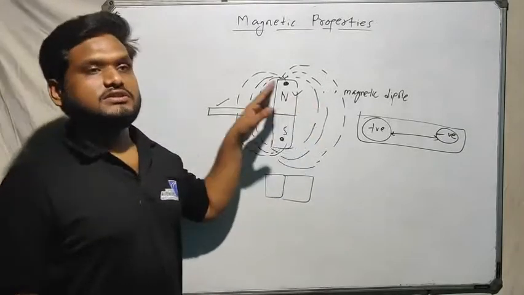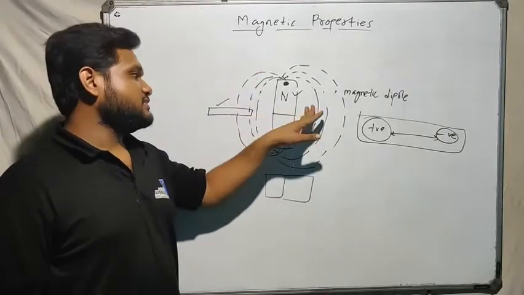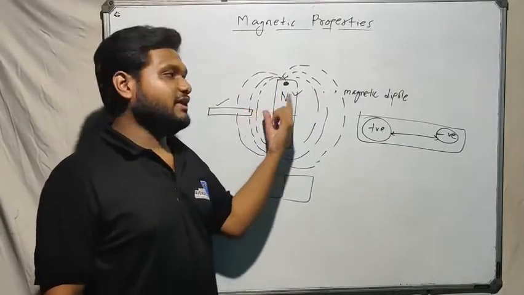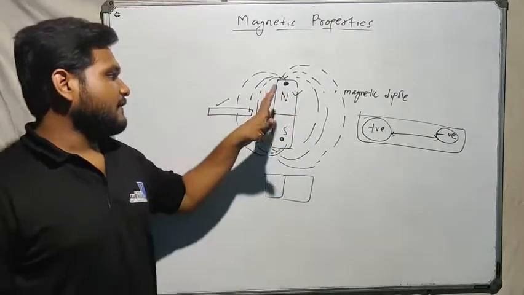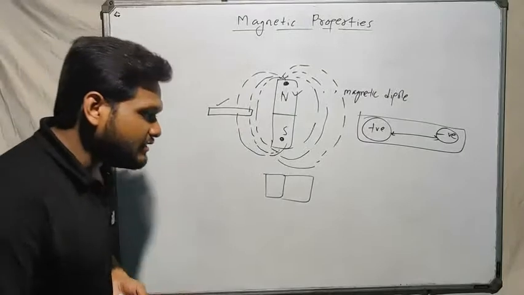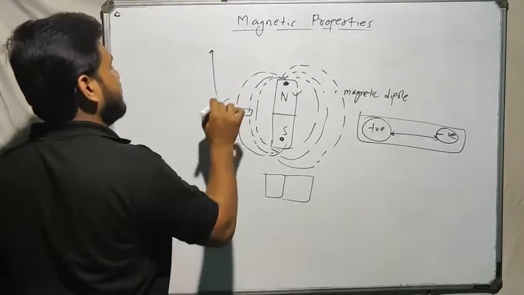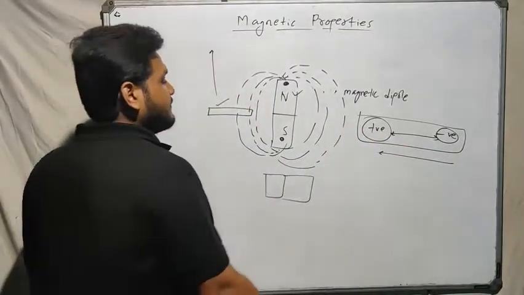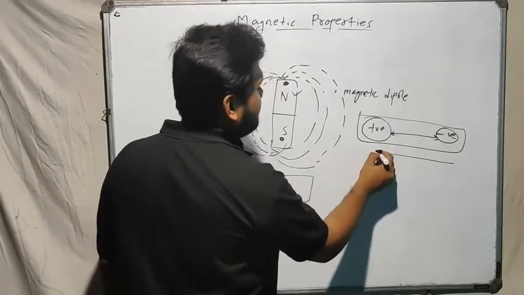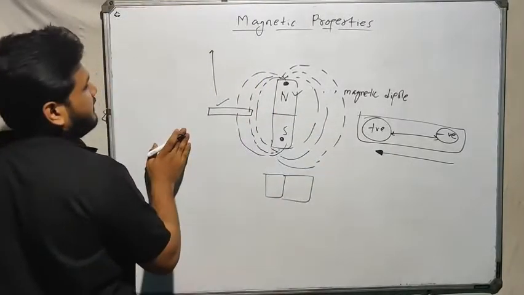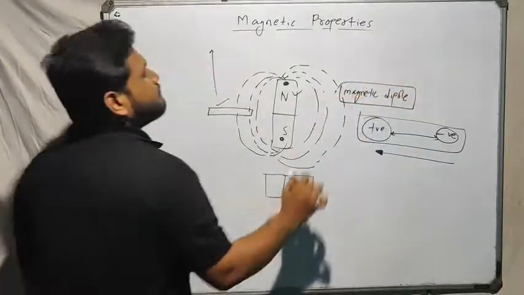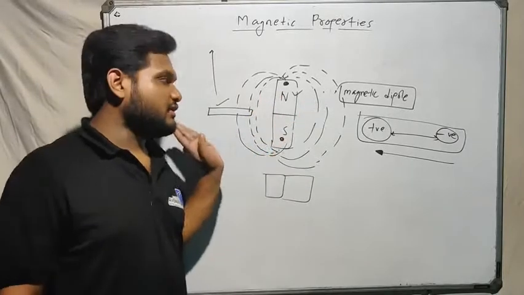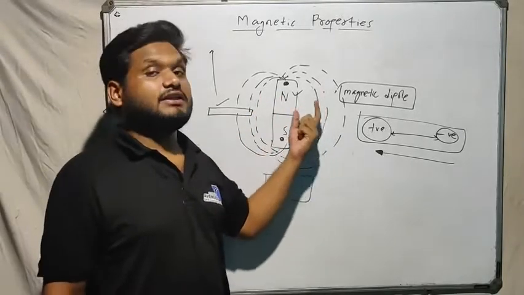A group of opposite poles maintaining a specific, finite distance is known as a magnetic dipole, which in the whole chapter we will represent with this arrow. The direction is always from south to north, just like the electric dipole direction is from negative to positive. So a magnetic dipole is the representation of the characteristic of a magnetic material. You have to know this, and we have to relate it with the electronic structure.